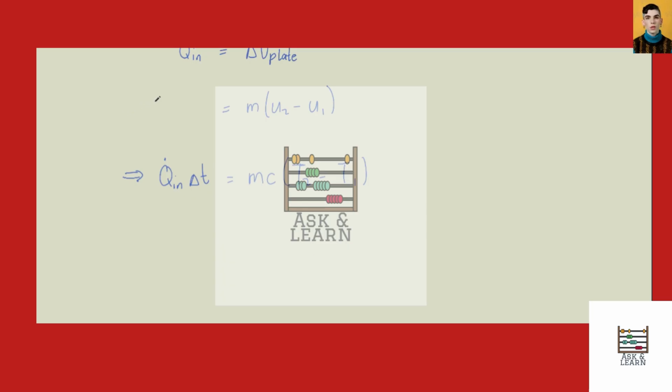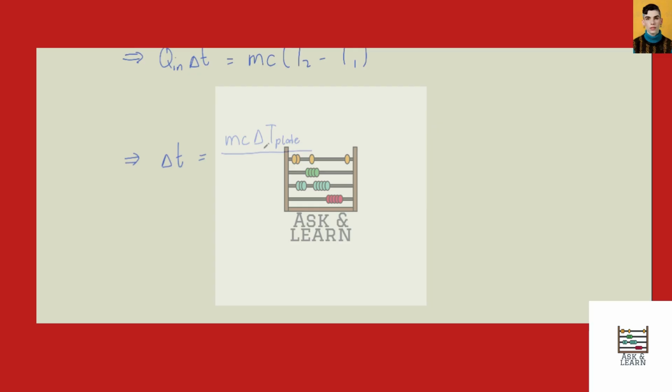Now, if we rearrange this equation and solve for delta t, we find that delta t, the change in time for this to occur, is m c delta capital T, the change in temperature of the plate, over the rate at which energy is reaching the base plate, Q dot. So this is equal to